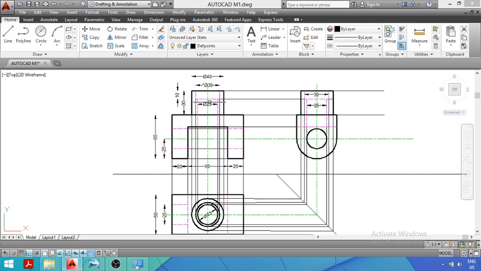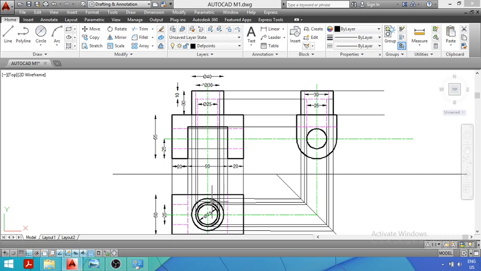Then the height of this hole is equal to 10 mm. You can see the diameter of the inside hole at the lower side is 25 mm, the diameter of the upper hole is 30 mm, and the diameter of this outer cylinder is equal to 40 mm. Now I will show the diameter of this outer cylinder also. You can see the diameter of this outer cylinder is equal to 40 mm. Okay, it is 40.5 mm, but you have to take 40 mm.